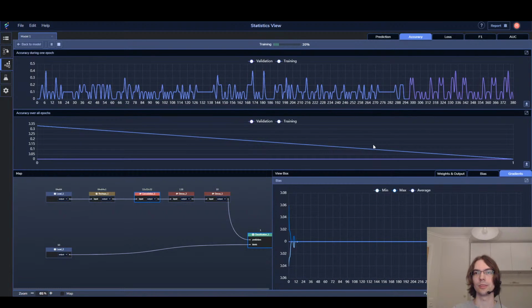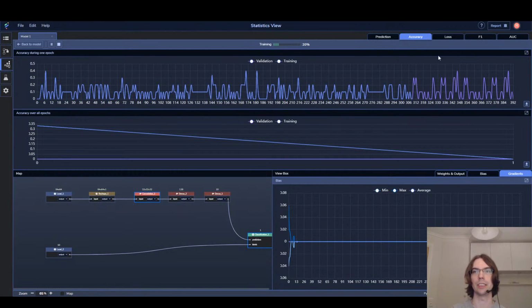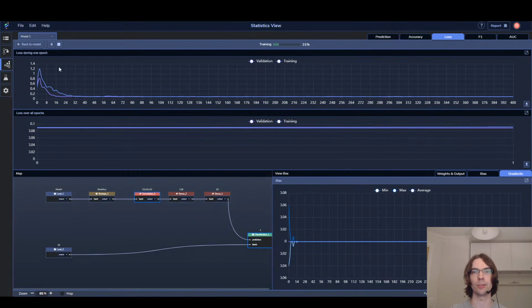So what you preferably want from looking at the accuracy and loss is that you want a loss which gradually